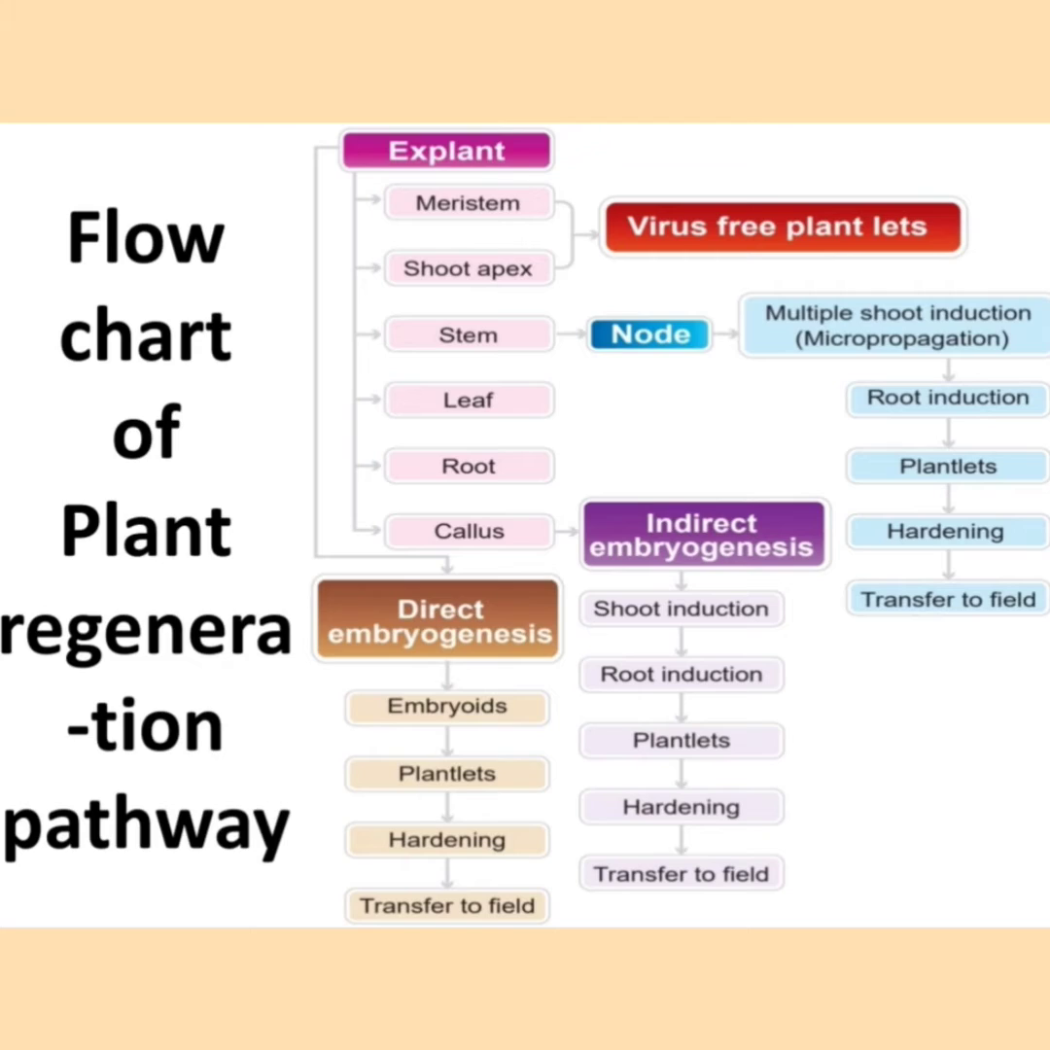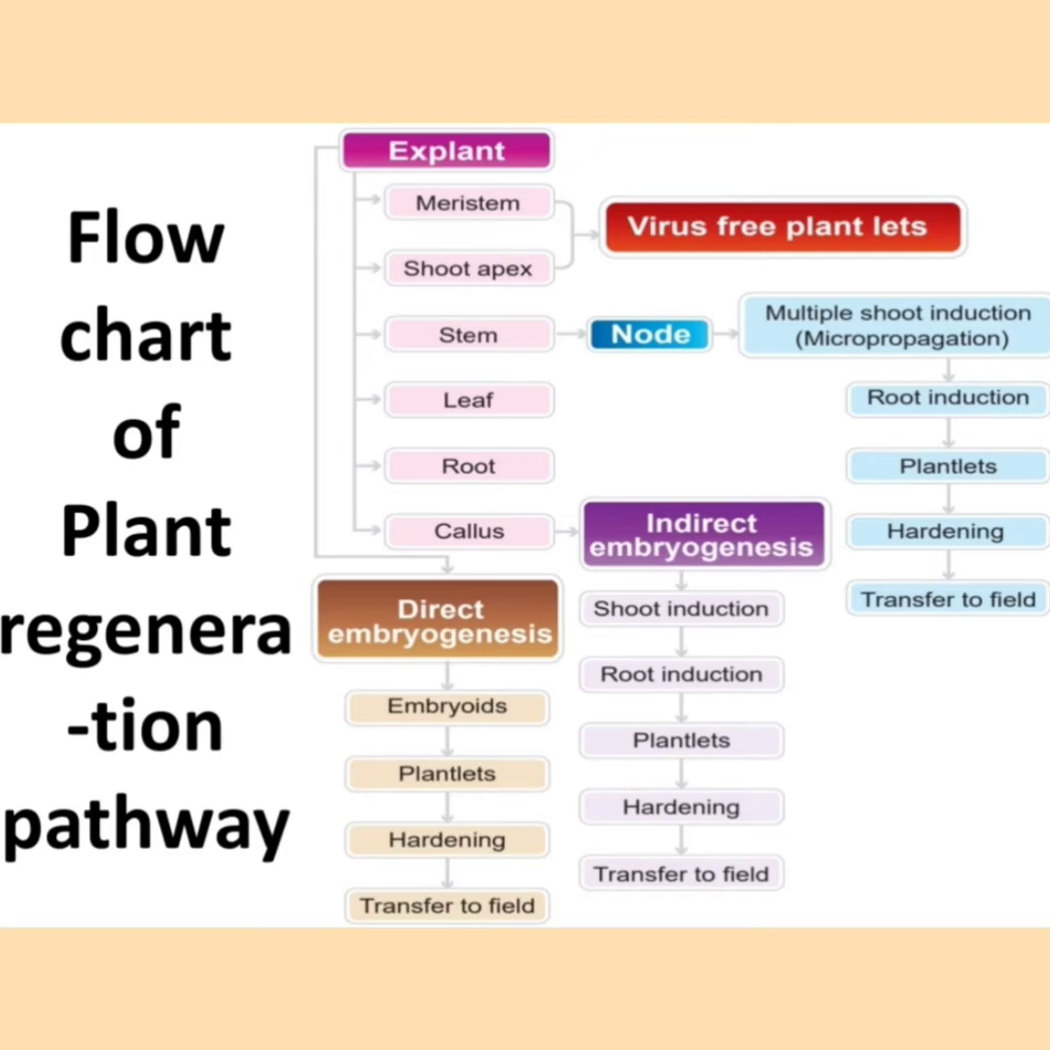An explant is taken. The explant can undergo direct embryogenesis resulting in the formation of embryoids or plantlets, and hardening is done of the plantlets, and these plantlets are transferred to the field for commercial production. Or the explants can be used as a meristem or a shoot apex, which helps in the formation of virus-free plantlets. The stem or a part of the node can be used for multiple shoot induction for micropropagation, and this also helps in root induction, formation of plantlets, and hardening is done, and this is transferred to the field